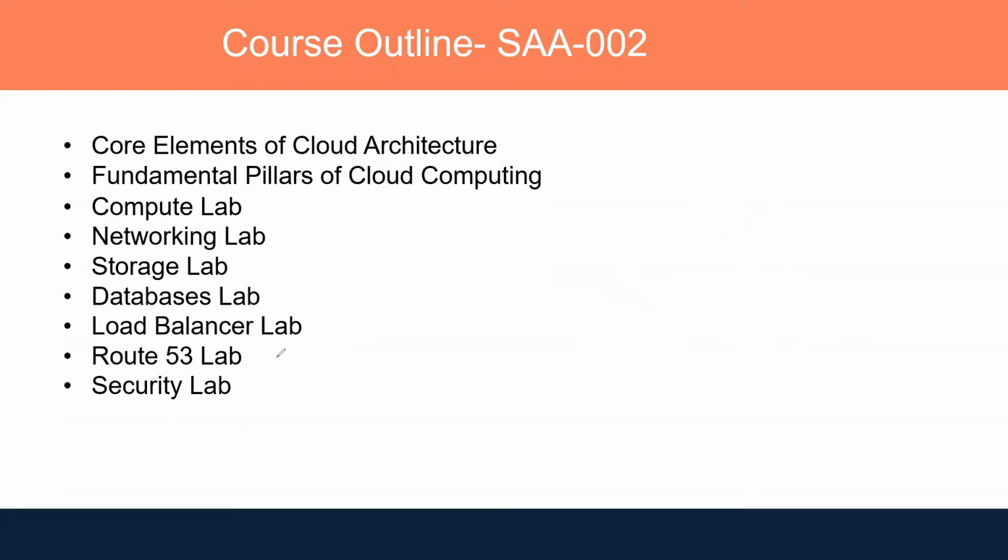Then we have Route 53. This is a DNS service provided by AWS itself. We will see how we can use AWS DNS if we have, let's say, a machine and we want to publish it over the internet by the domain name system. So yes, we can use Route 53 and create a DNS entry for that particular instance or particular URL.